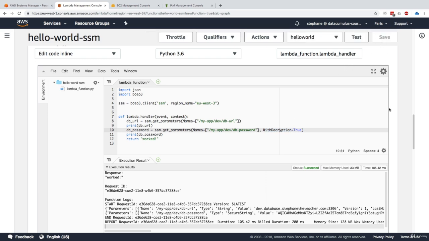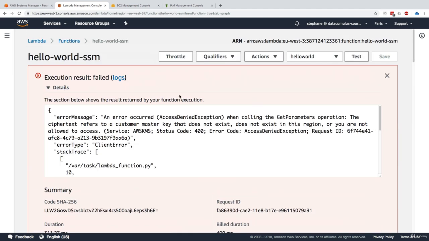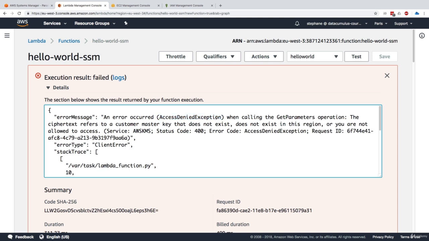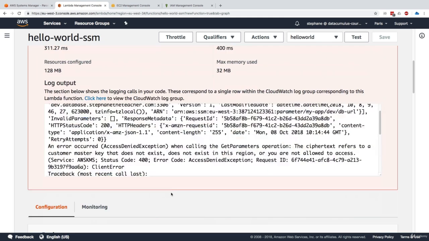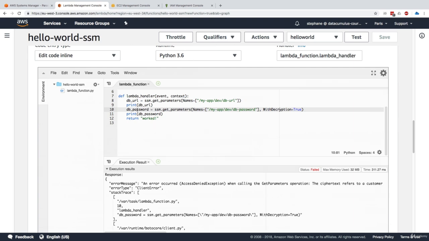And so we're saying now, okay, our DB password, I want decryption to happen. I'll click on save. And now one more time, I'm going to test my function. But this time I get an error. Obviously we're going to get an access denied exception again, because we're not allowed to use the customer master key and decrypt our secrets. It turns out that because I haven't given KMS access to my IAM role, we're not allowed to decrypt the secret. So this is a good proof that even though I have access to this database password, because it's encrypted and I don't have access to KMS, I'm not able to decrypt it. And so that DB password is really safe and secure.